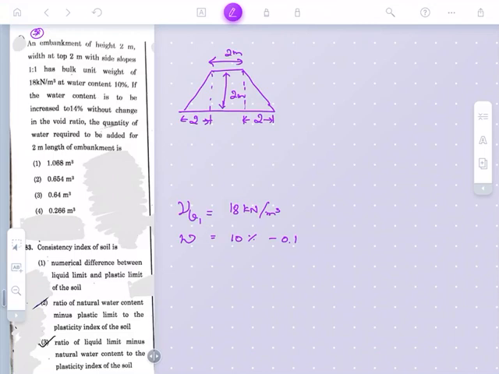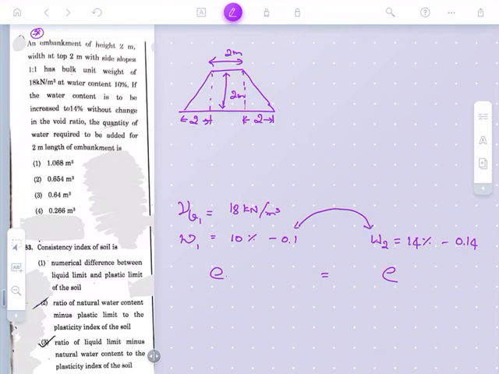If the water content is to be increased in the same embankment, let me take it as W1. If the water content needs to be increased to 14%, that is nothing but 0.14, without changing the void ratio,